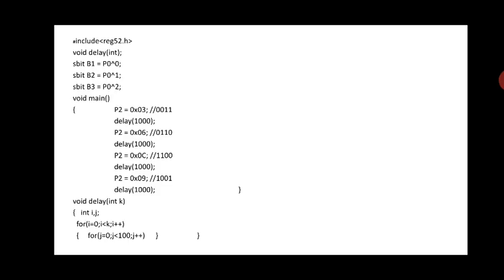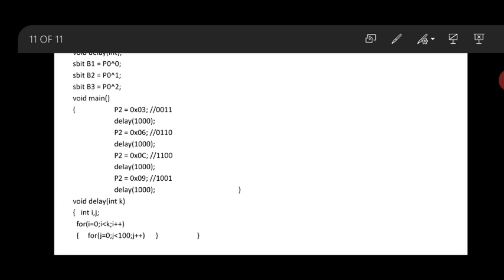Now the very first line, we need to include the register file by using reg52.h. The next is that we need to call the delay subroutine program so that each step will stay for a certain amount of time. Now there are three ports we are using, P0, P1 and P2. Through P2, what I'm sending here, as I discussed, 3 will be sent, means 03. It will take one step,